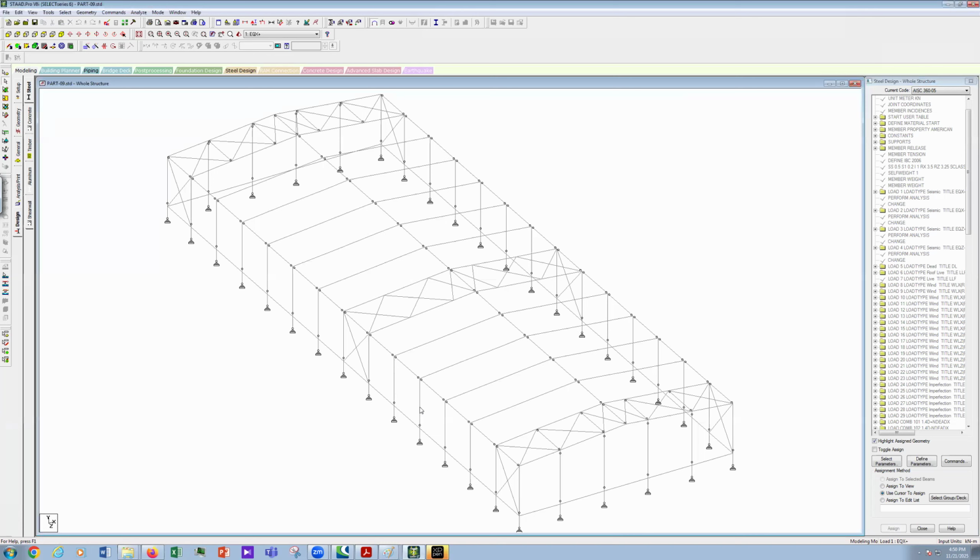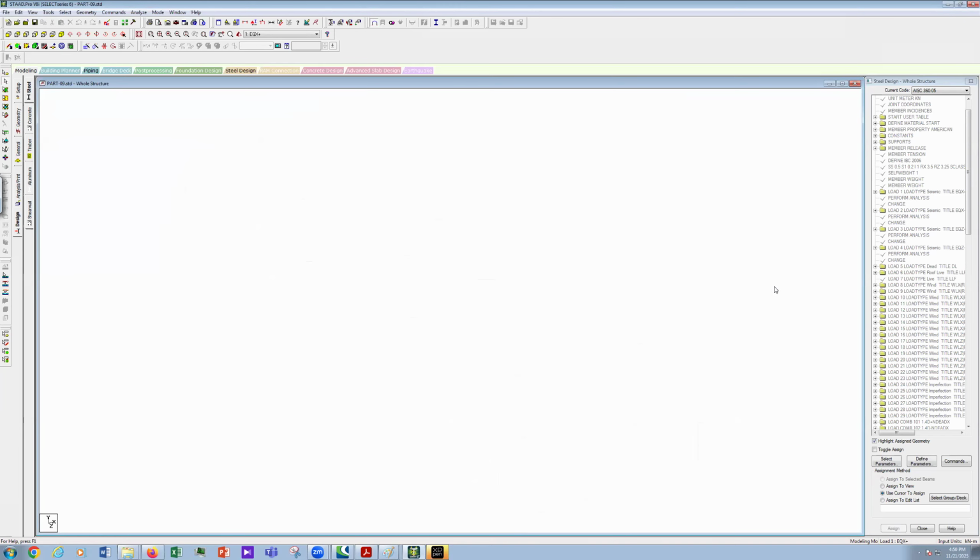Here you can see this is a column. The column is not broken anywhere. It starts from here and ends here. So the software will automatically calculate the unsupported length, as the column has not been broken anywhere. But in the case of the rafter, here you can see